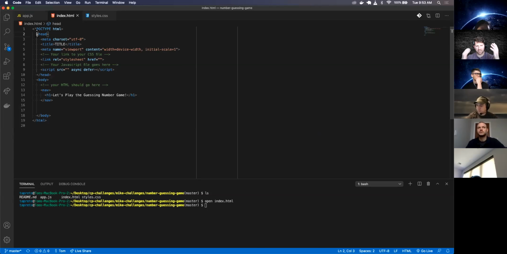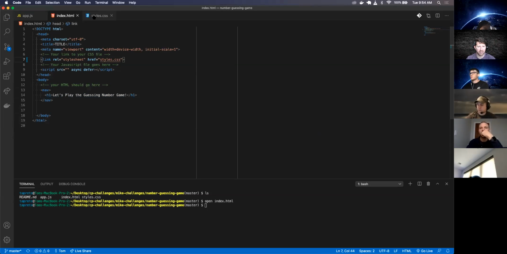So just think of the HTML structure as the head, just like a person. All the data goes inside the head. It's kind of like the brain. And then the body is actually just what shows up on the screen. So in here, I can actually